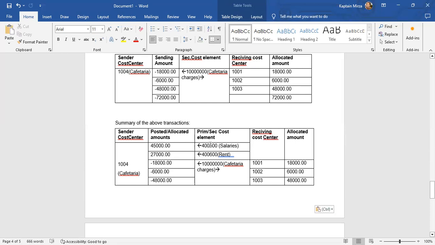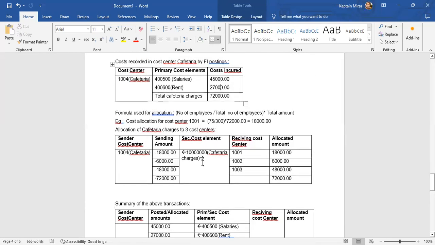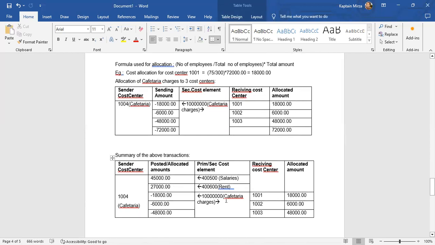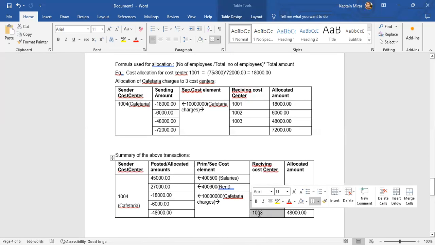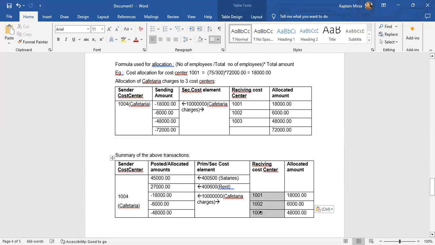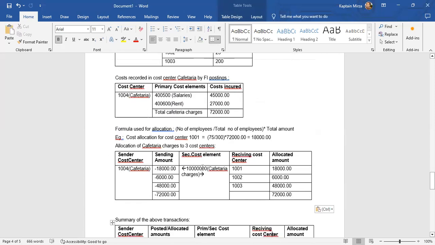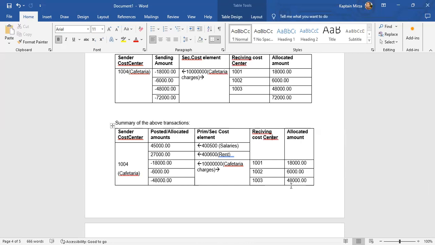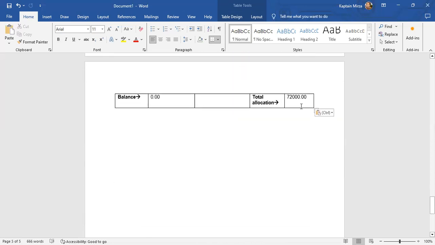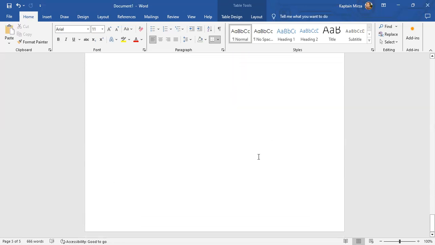Okay, so these were the salaries, these were the rent: 4527, 4527, and these were the amounts sent through the secondary cost element to this receiving cost center. So in allocation you can see the summary. The allocated amounts are also seen, and the total, of course, is given here. Based on this,